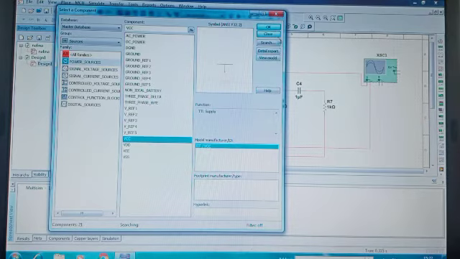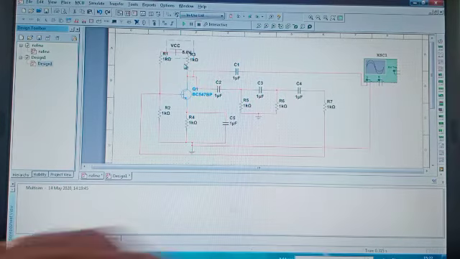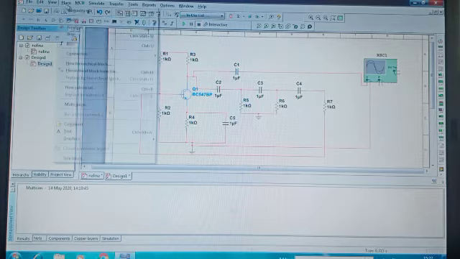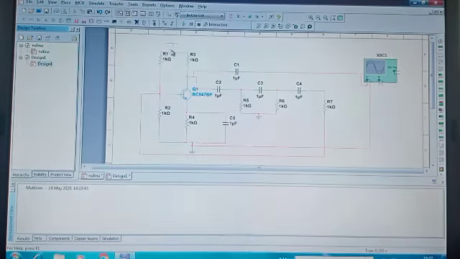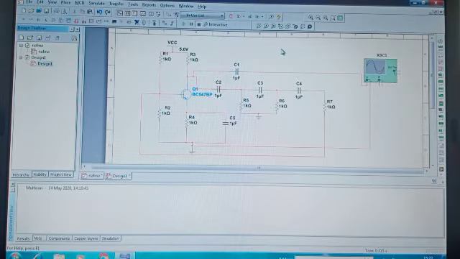Here we have a VCC, just place it here. The connection is over now.